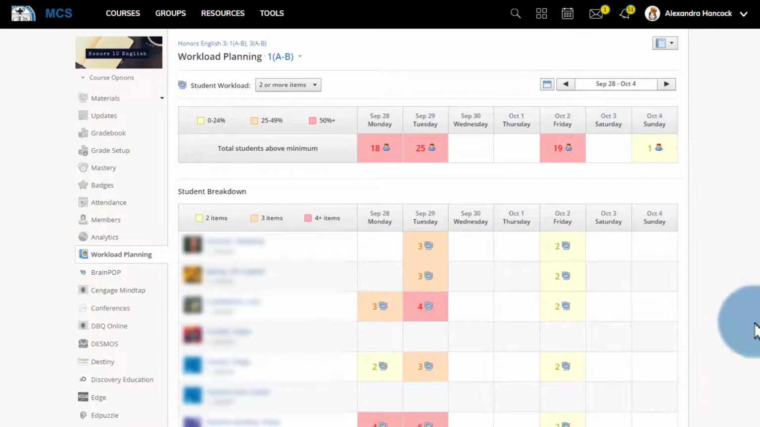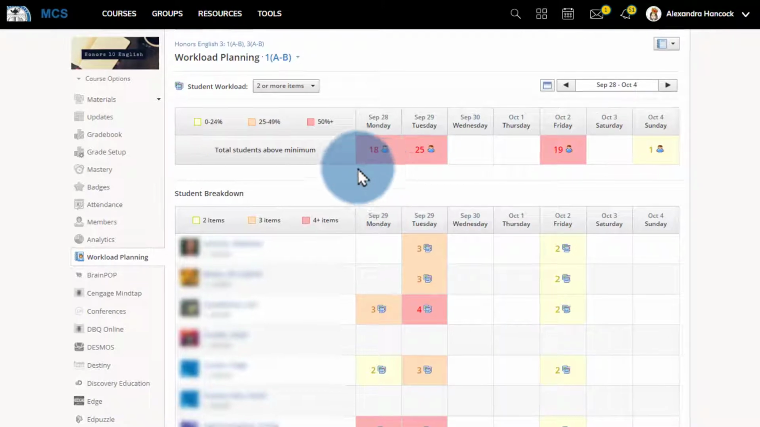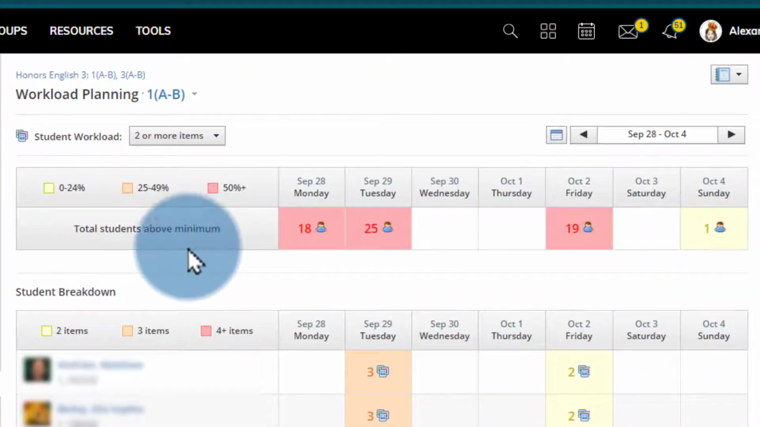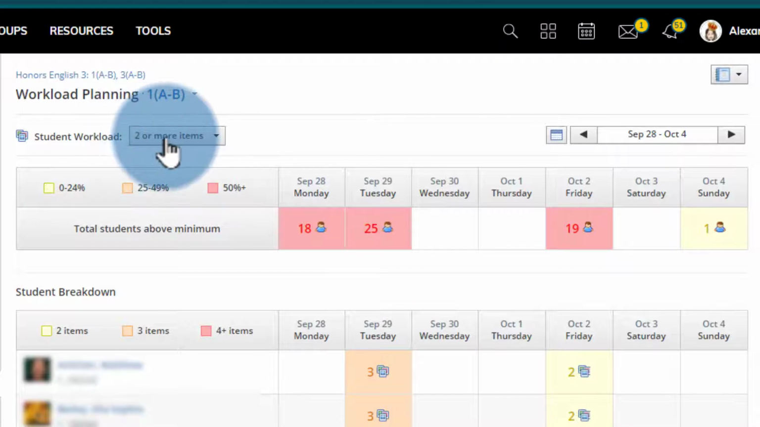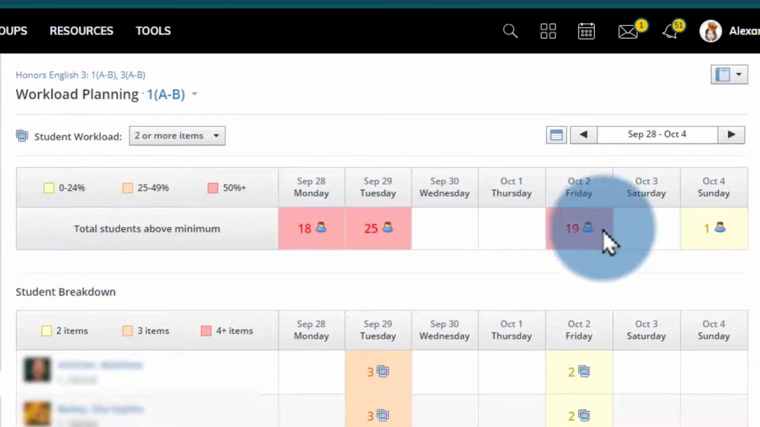Once I click on Workload Planning, I'm going to see the workload for my period, and I'm going to see here how many of my students meet a certain threshold of assignments due per day. In this example here, my assignments due per day are 2 or more. So in this top bar here, I'm going to see a total number of students who have 2 or more assignments due on a particular day, and that's going to turn red when more than half the class meets